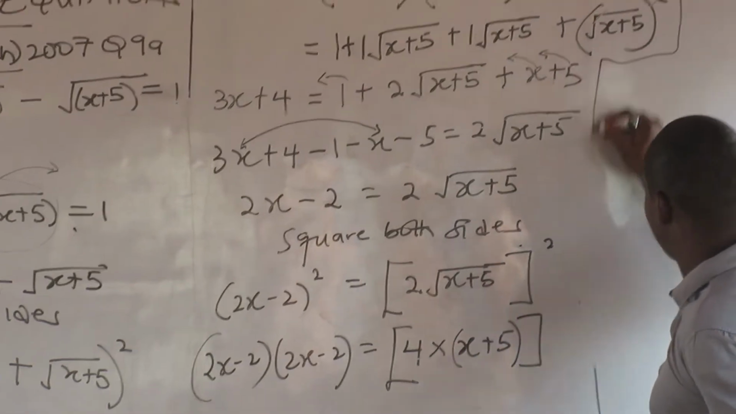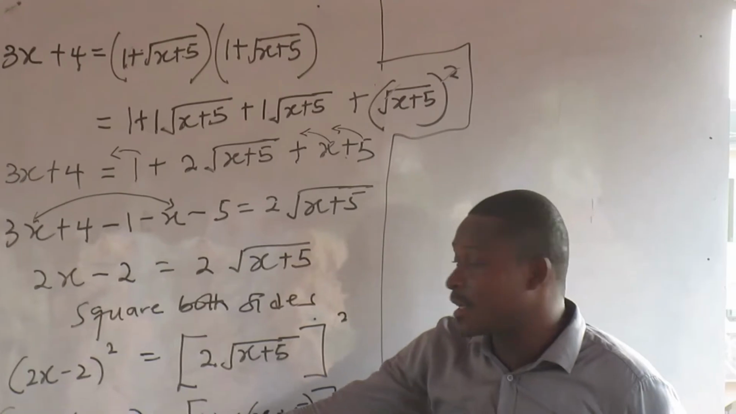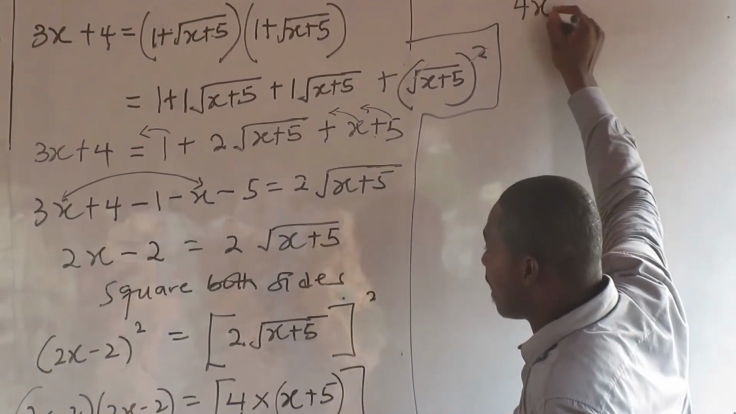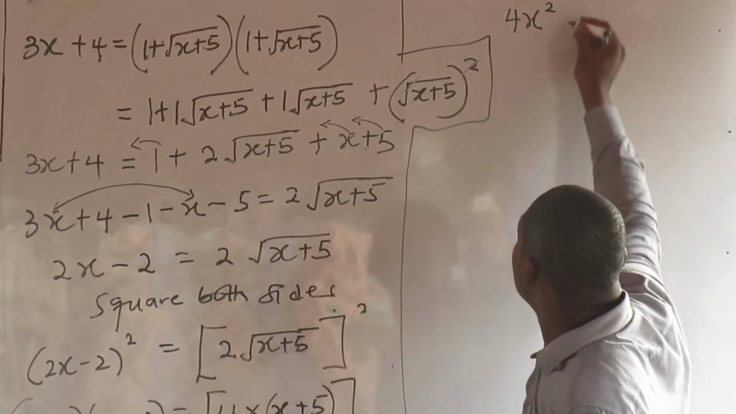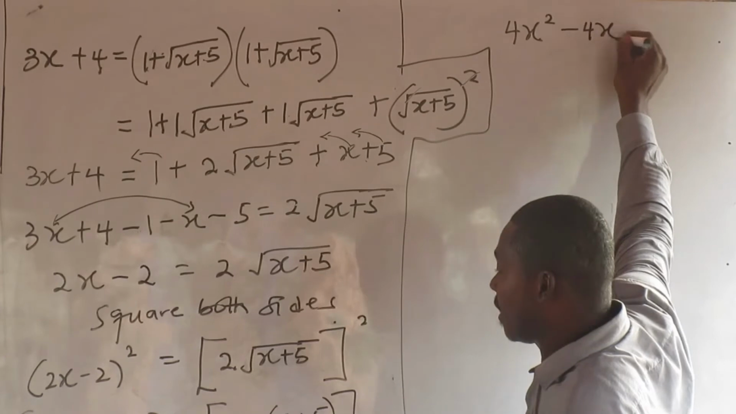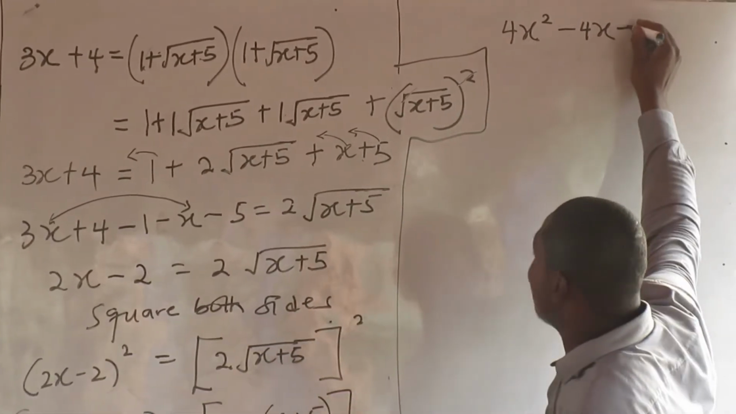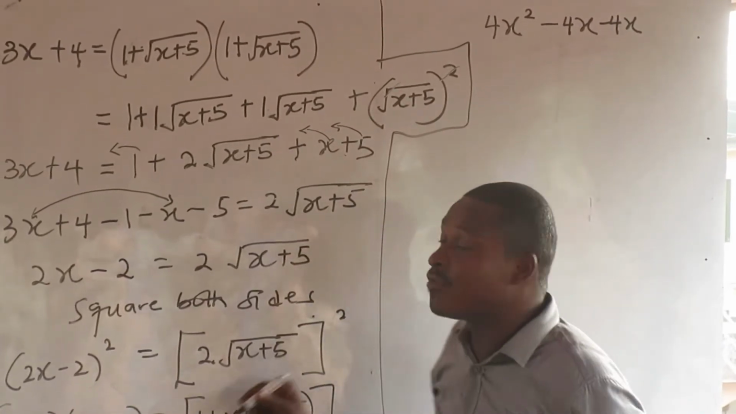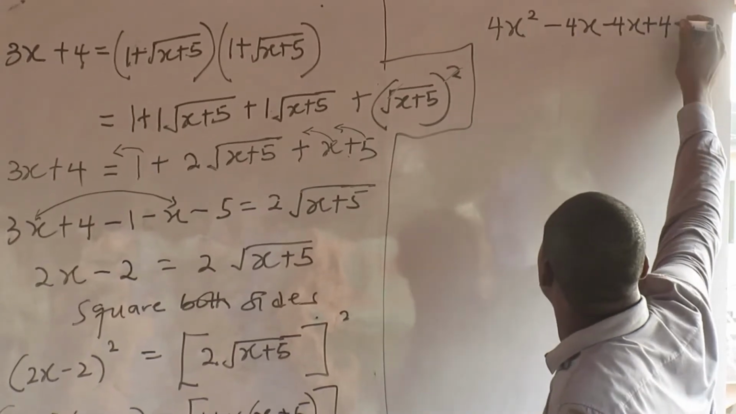Now, over here, let's look at our perfect square expansion here. Now, 2x by 2x will give me 4x squared. 2x by minus 2 will give me minus 4x. Minus 2 by 2x will give me minus 4x. Minus 2 by minus 2 will give me positive 4 equals,